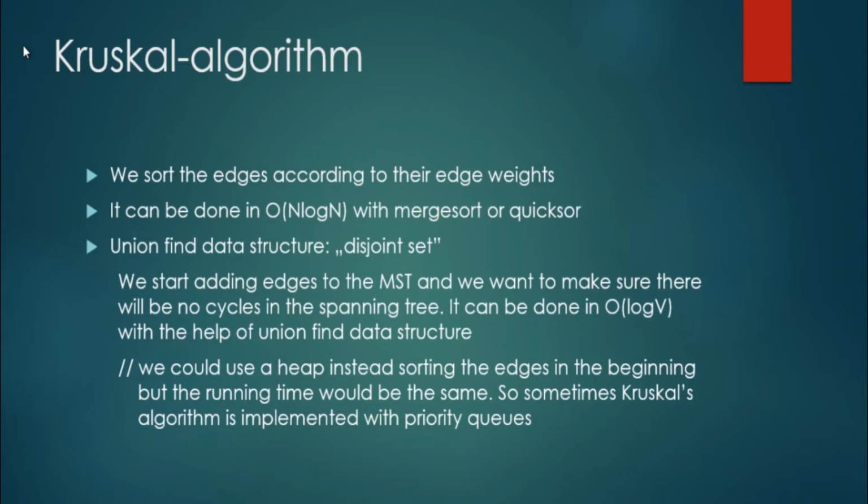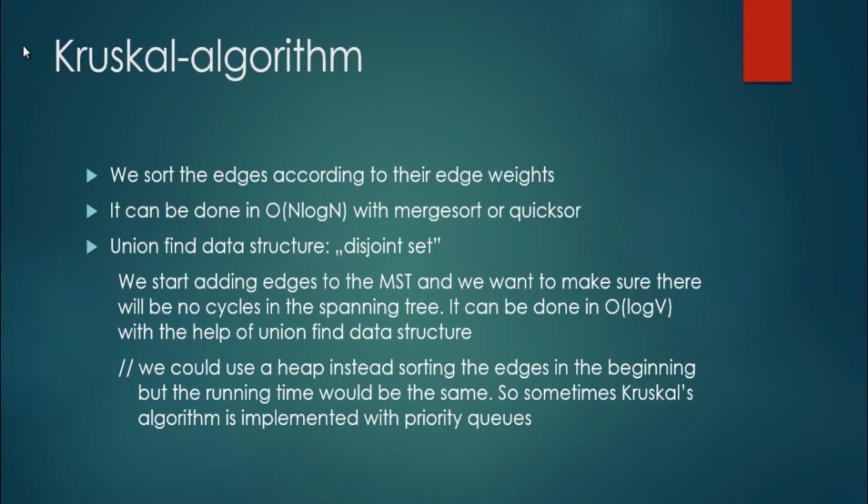The union-find data structure, the disjoint set, is very important. We are going to see illustrations that we have to detect cycles, whether adding a new edge will form a cycle or not. So we start adding edges to the minimum spanning tree, and we want to make sure there will be no cycles in the spanning tree, and it can be done in O(log V) with the help of the union-find